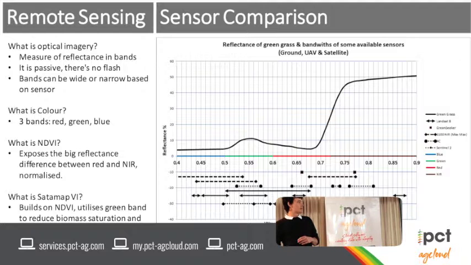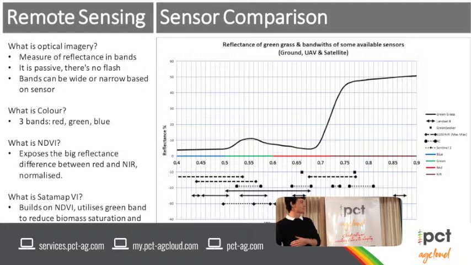And down the bottom here, it looks like there's a lot going on, but if you focus on it for a minute, it's taking a few of the common sensors around, the Landsat, the Sentinel, and showing you what bands they're actually measuring. So your handheld GreenSeeker, which is actually an active sensor, it puts out its own bit of light, but it measures here in the red, very narrow band, and here in the near infrared, very narrow band, to generate that